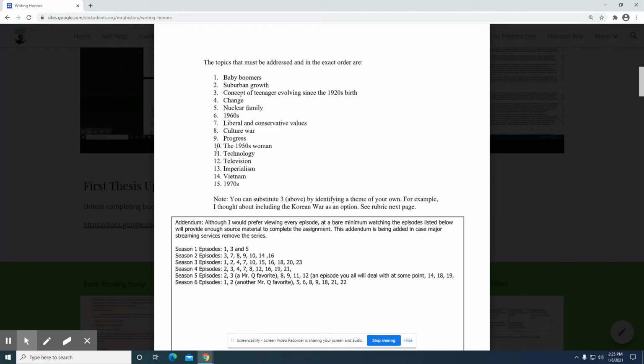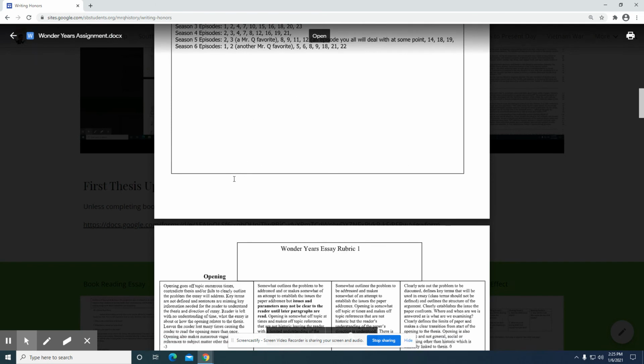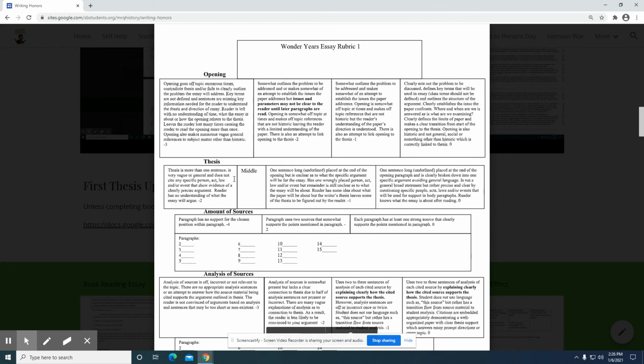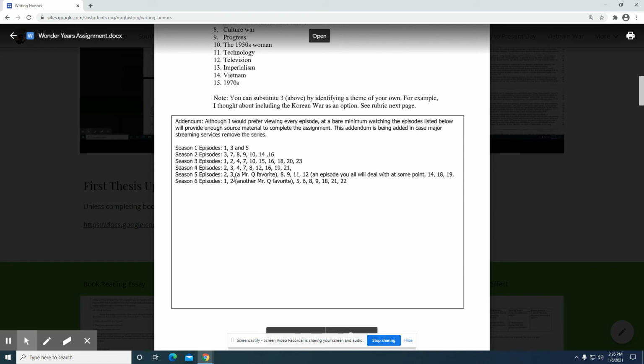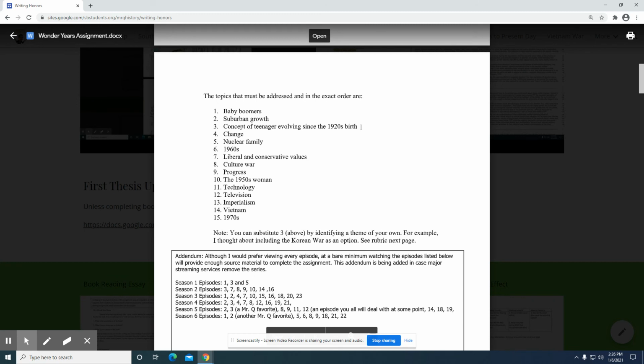I'm not really going to hold you too much accountable for some of those JSTOR sources because you are looking up every item here. What I will say, though, is that I'm not going to accept anything from Wikipedia. I won't accept anything from any encyclopedia database, but I will accept some other sources. I don't want people trying to research through JSTOR every item that's here, because at the end, you only need one paragraph on imperialism, one paragraph on Vietnam. So when you are using some of those JSTOR sources, try to focus on just those aspects that give you a brief explanation about the Vietnam War or about the nuclear family, the concept of the teenager, and so on. So again, that's something a little different from